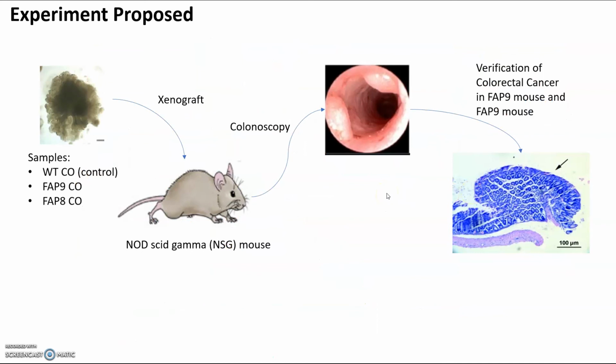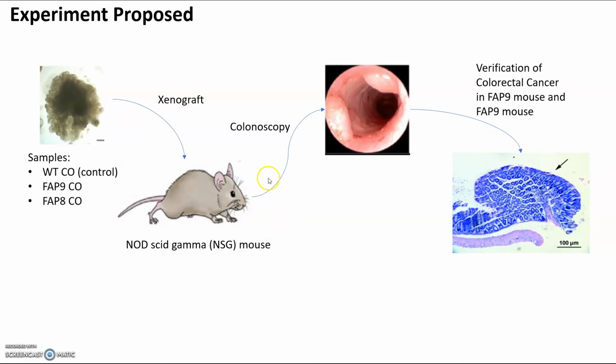And also, other limitations in Crespo et al.'s work is that the organoid model was static and was in vitro, and so it would be good to see it be used in vivo models where you have the wild type colon organoid, the FAP9 colonic organoid, and the FAP8 colonic organoid be xenografted into an immunodeficient mouse, which is the NSG mouse, and then collect a